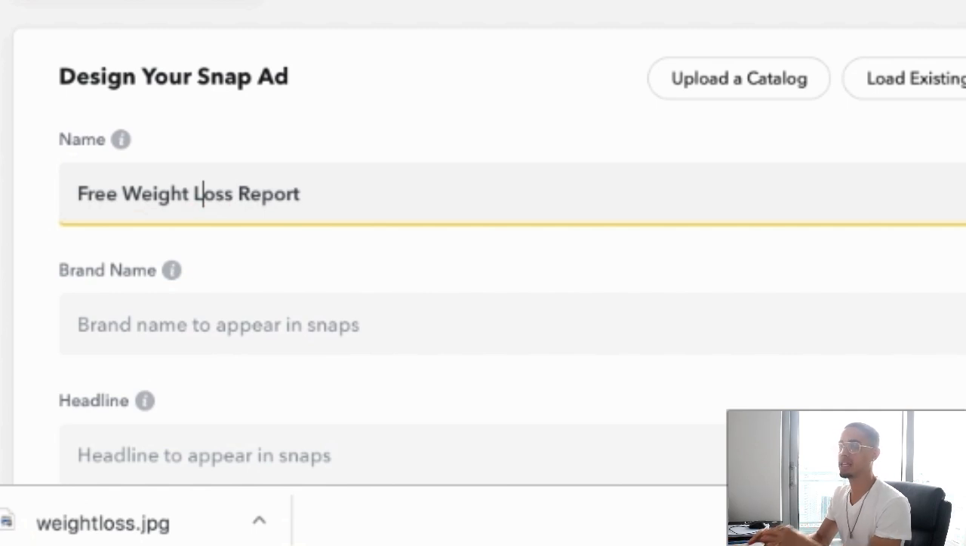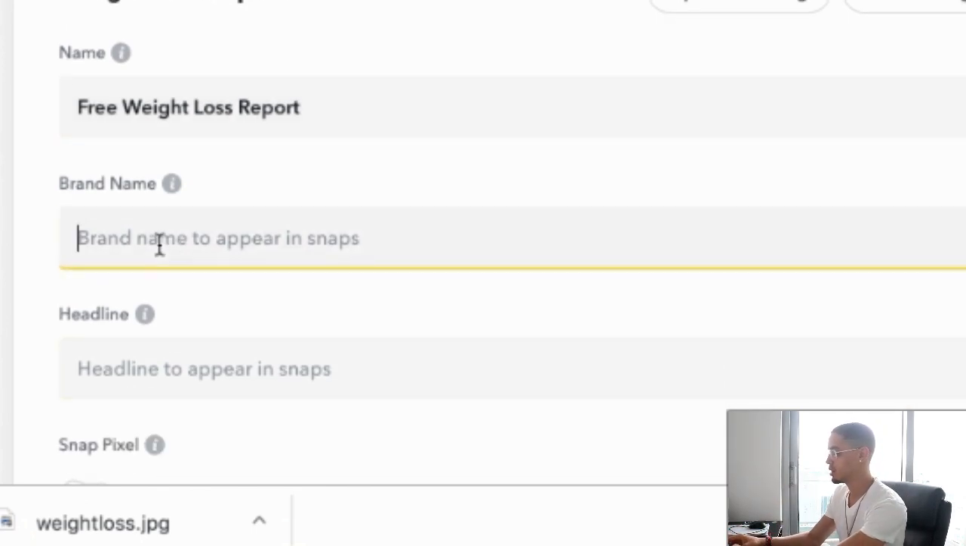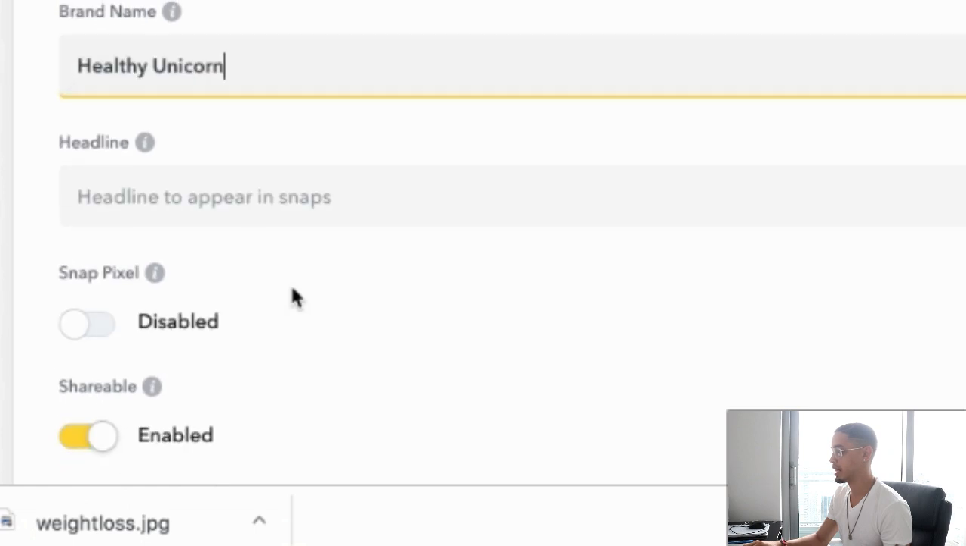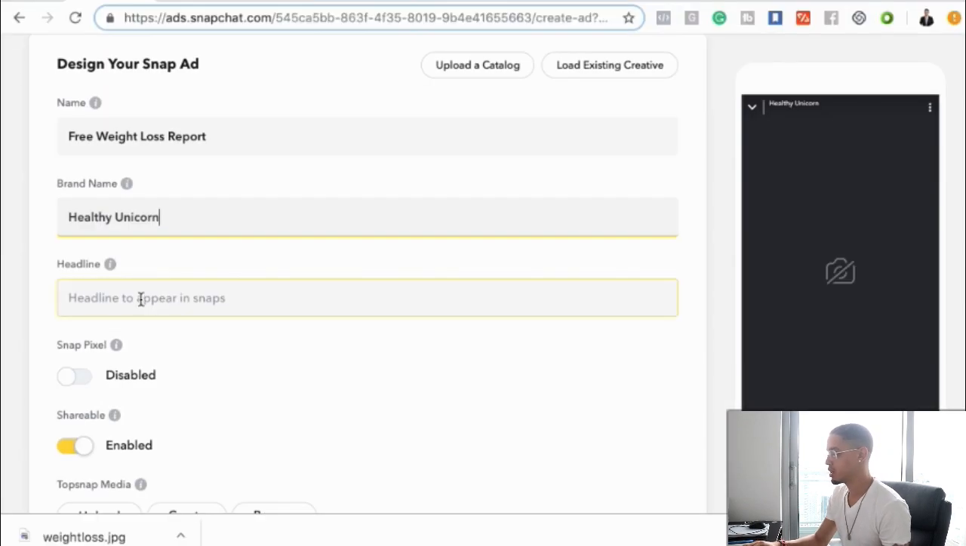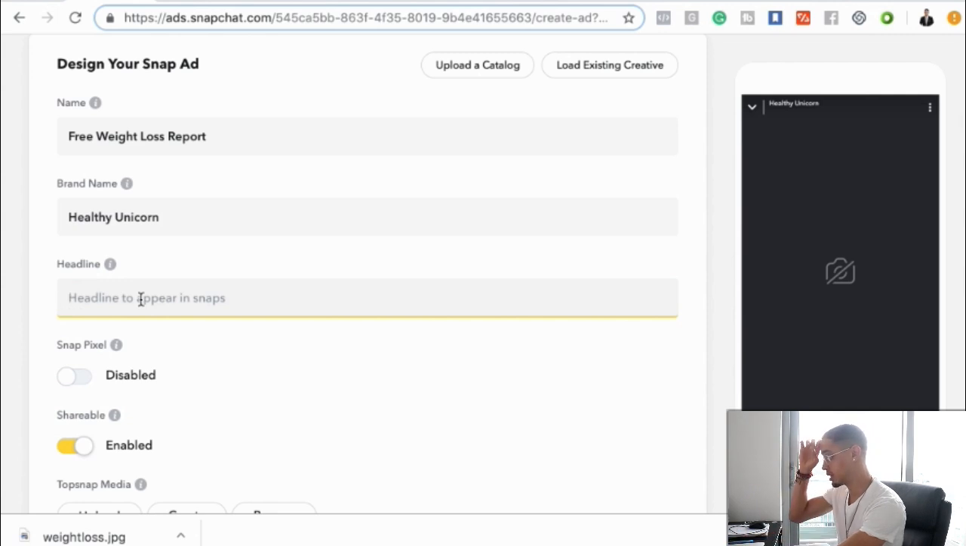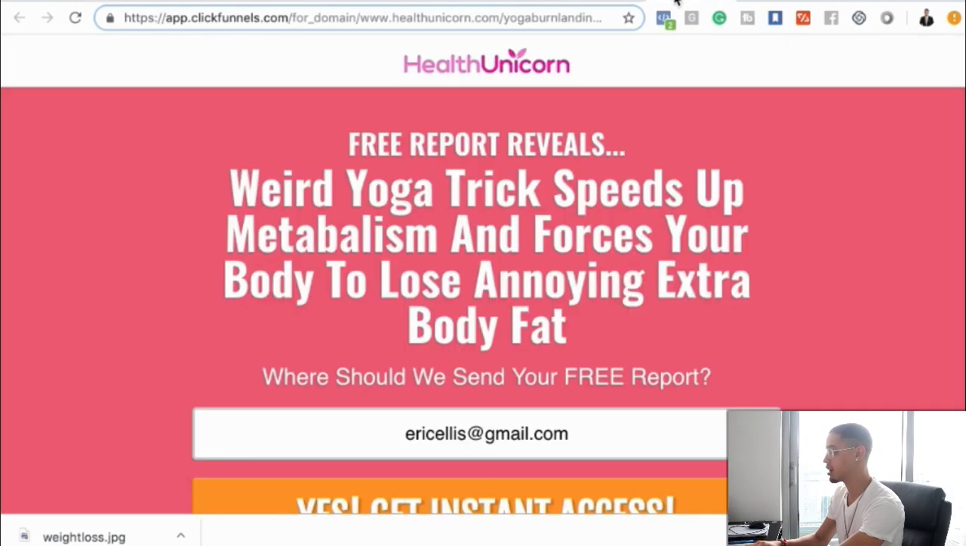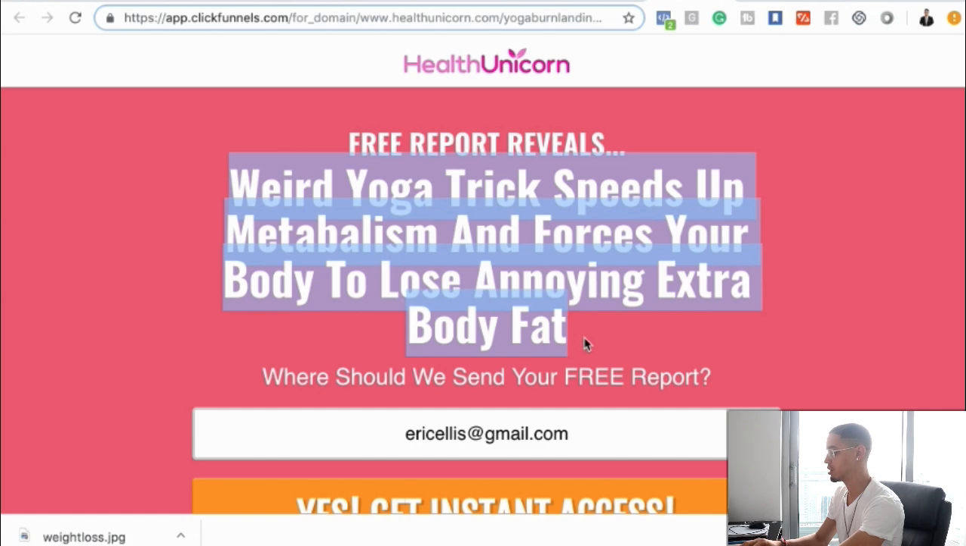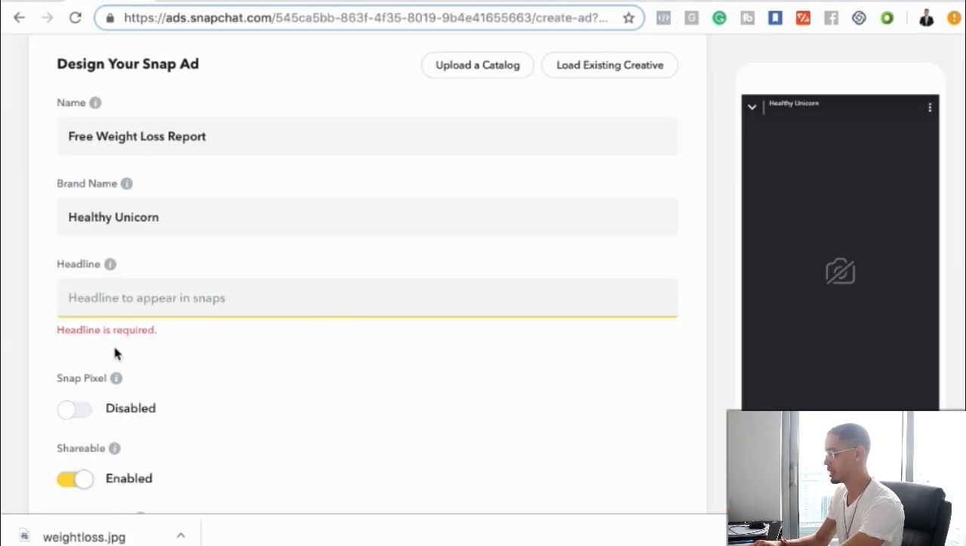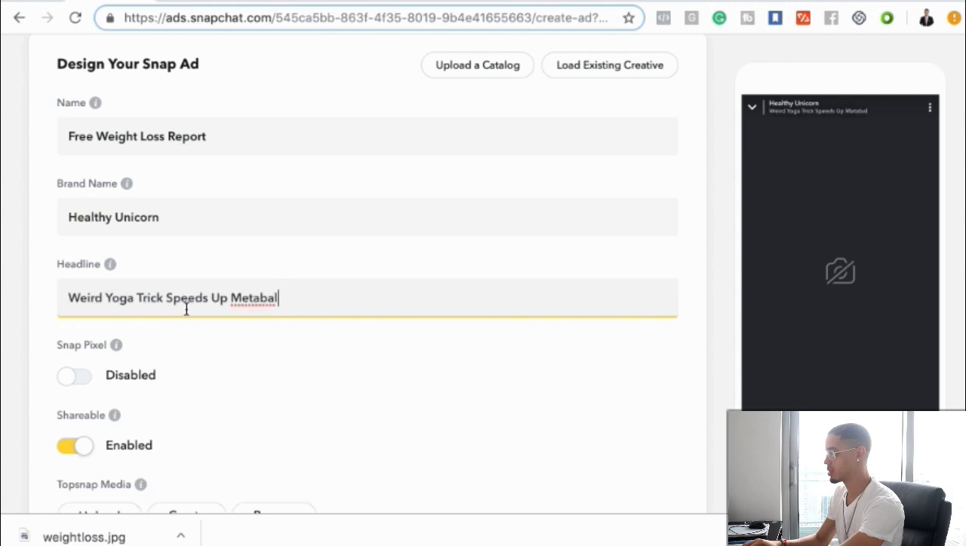Now guys, this goes for any niche. It doesn't matter what niche, but let's go for a brand name. So brand name, I'm gonna put Healthy Unicorn. It's not my actual brand name, but it's kind of similar. So headlines, or what is the headline? I'm gonna go ahead and actually swipe the headline off of my landing page. I don't know if that's gonna be too long. We're gonna go ahead and see in a second. So what is the headline? So weird trick speeds up